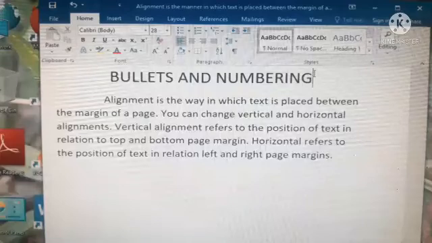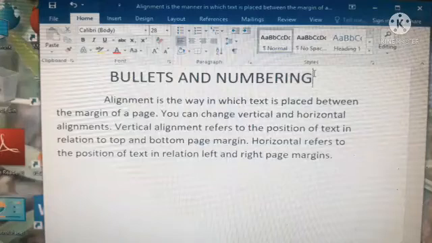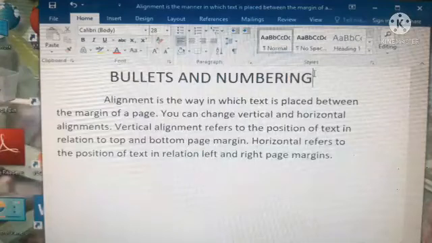First we are going to see about bullets. A bullet is a dot or symbol that is usually used when the order of items in the list does not matter. Once again, a bullet may be a dot or it may be a symbol that is usually used when the order of items in the list does not matter.